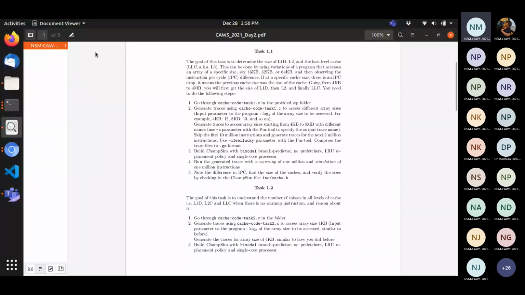Wait, maybe I can share the command that I use. I don't know why it's taking so much time. Let me just use dot slash and the name of that executable. Yes, that is it. That's all you have to do, and after that you just have to put the command line argument, like let's say 12. Yes, yes, ma'am.